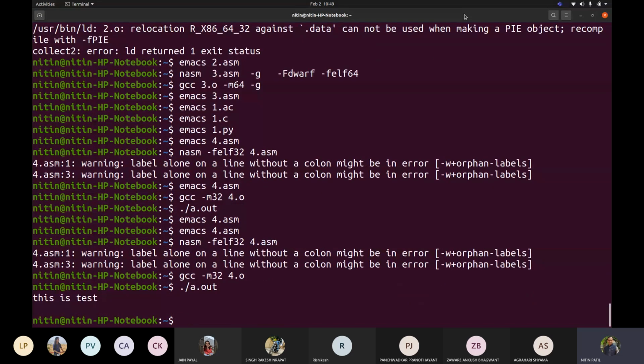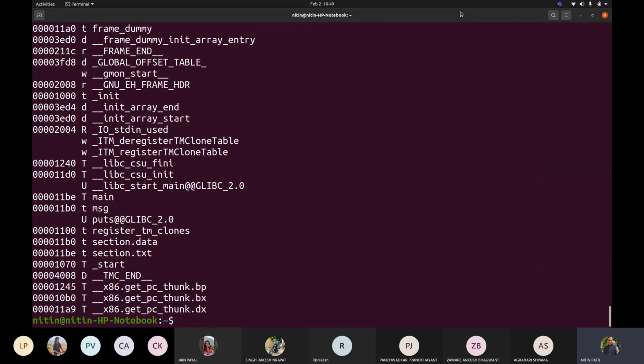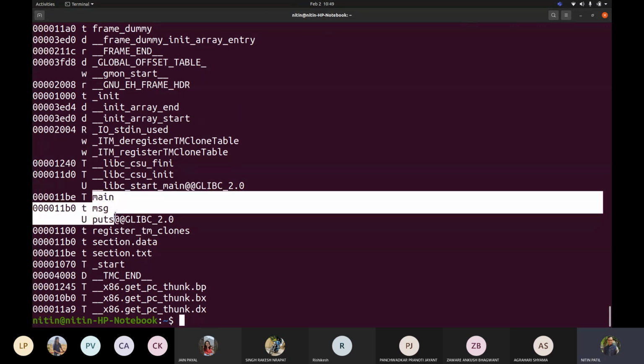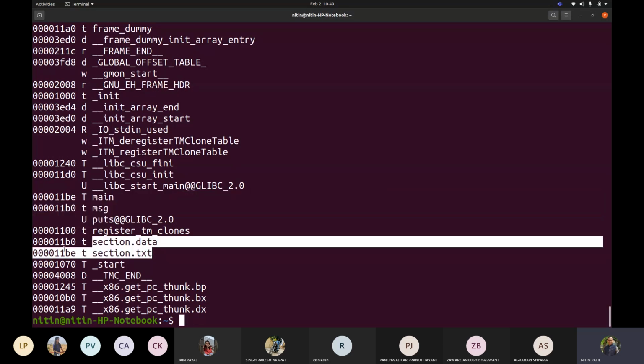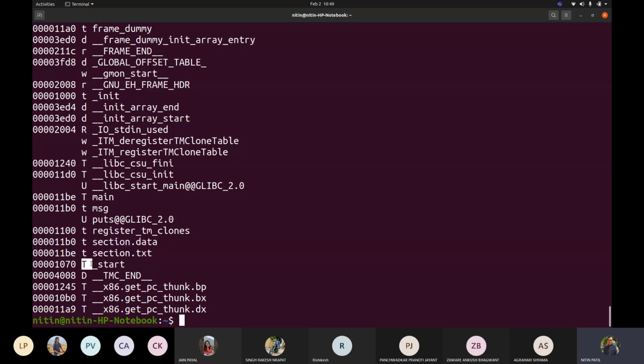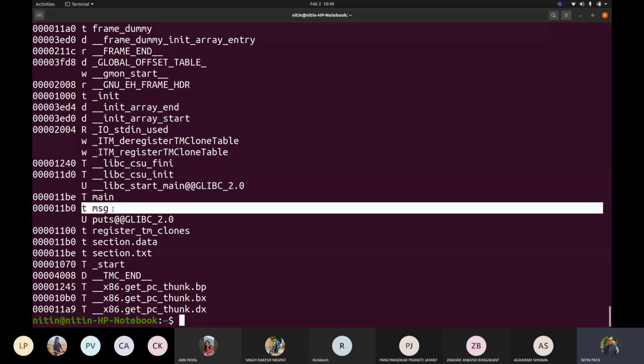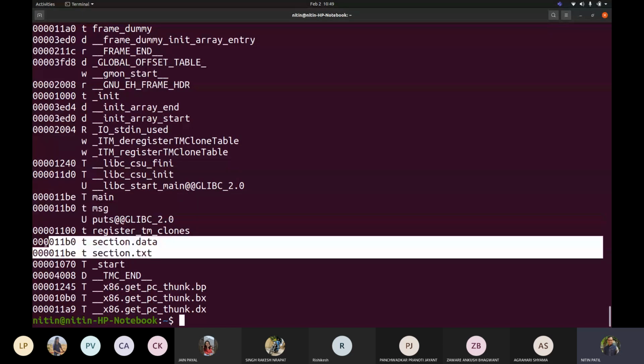Now how did it identify this? Like I have written dot text. If I try to get the list of my symbols, I can see that main and image is taken. Correct. Even section dot data, section dot text, it took as T. Okay, this T is text. This T is something else like my data section. So all of these are ticked as a part of my data section. But then how exactly did it identify?